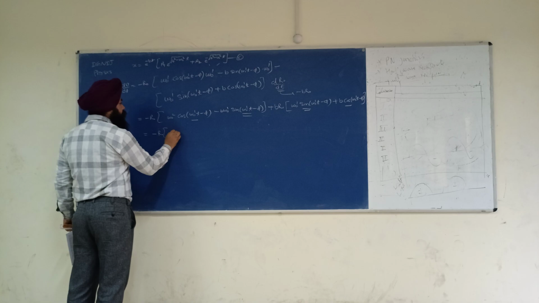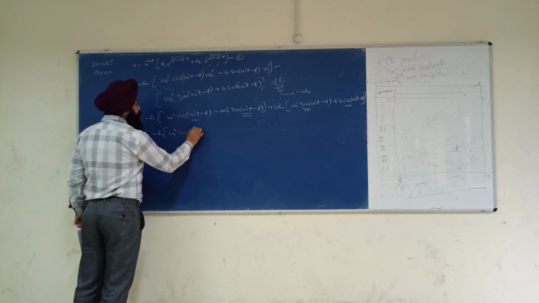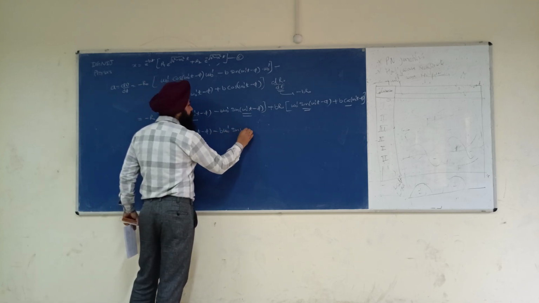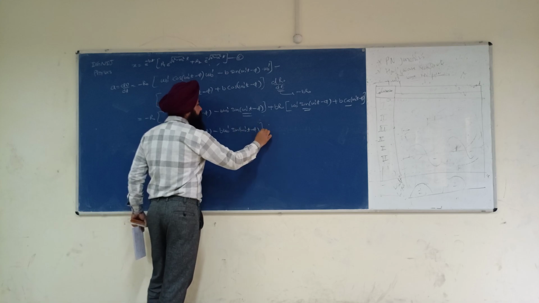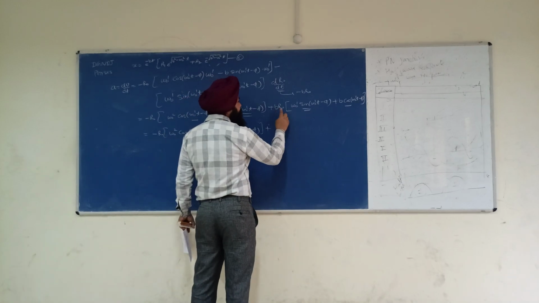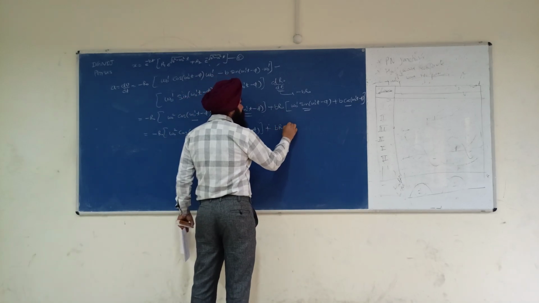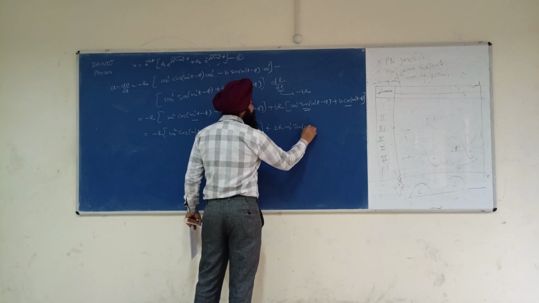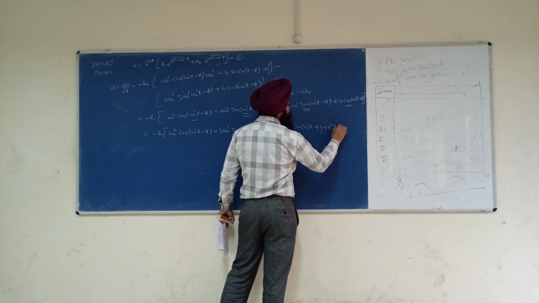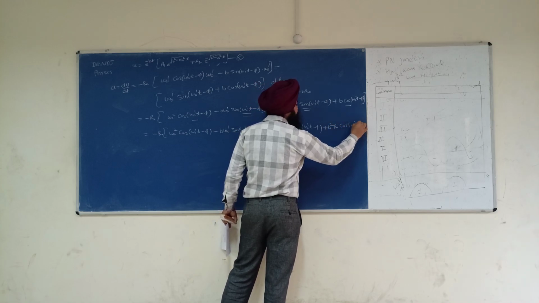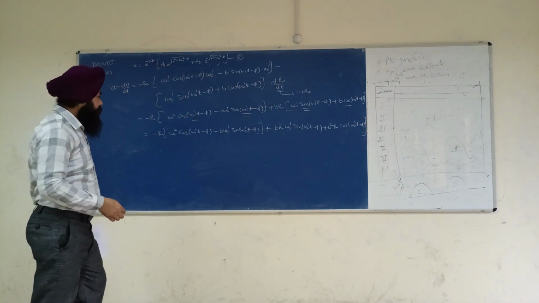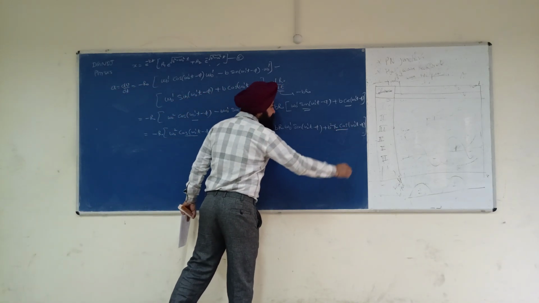Minus r naught omega naught square cos omega naught prime t minus phi, minus b omega naught sin omega naught prime t minus phi, plus multiply by b r naught. It becomes b r naught omega naught prime into sin omega naught prime t minus phi, and b square r naught cos omega naught prime t minus phi. Okay. Now is it okay? Now this term and this term combine.